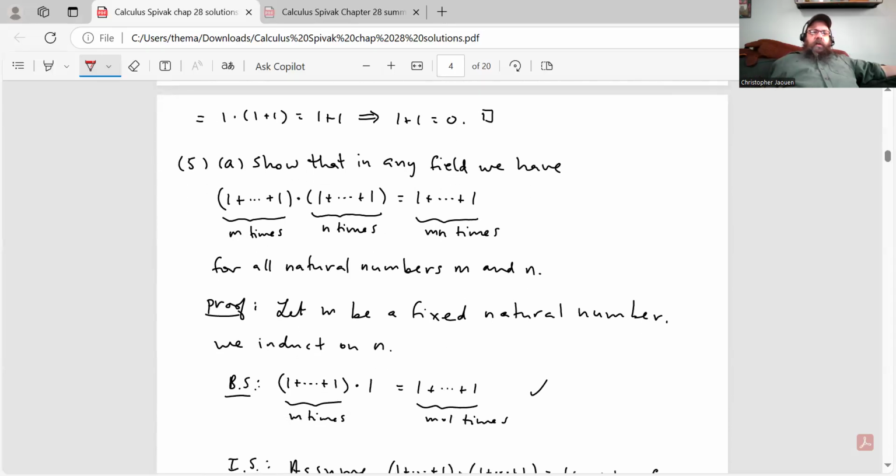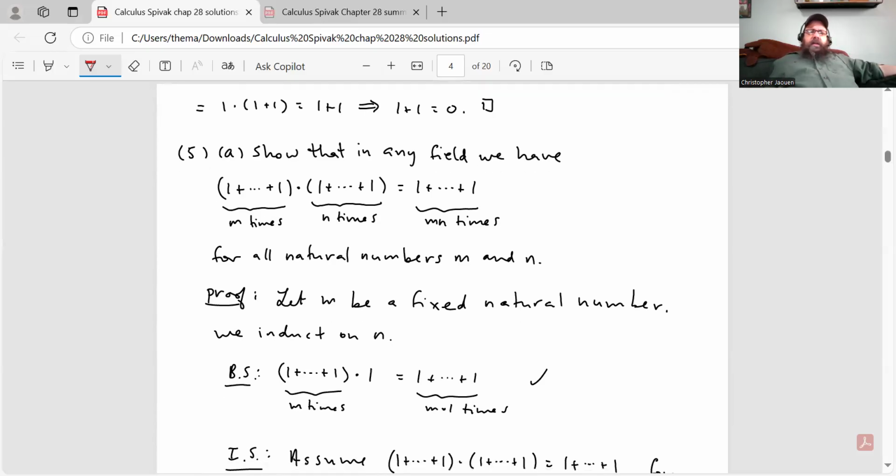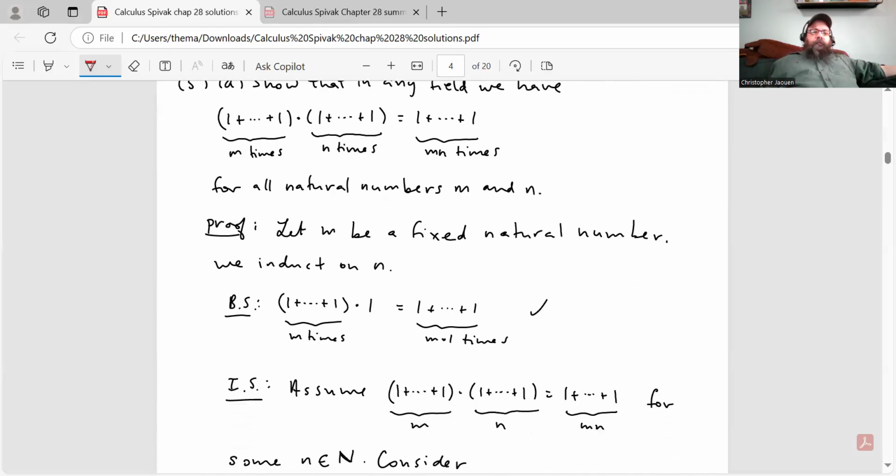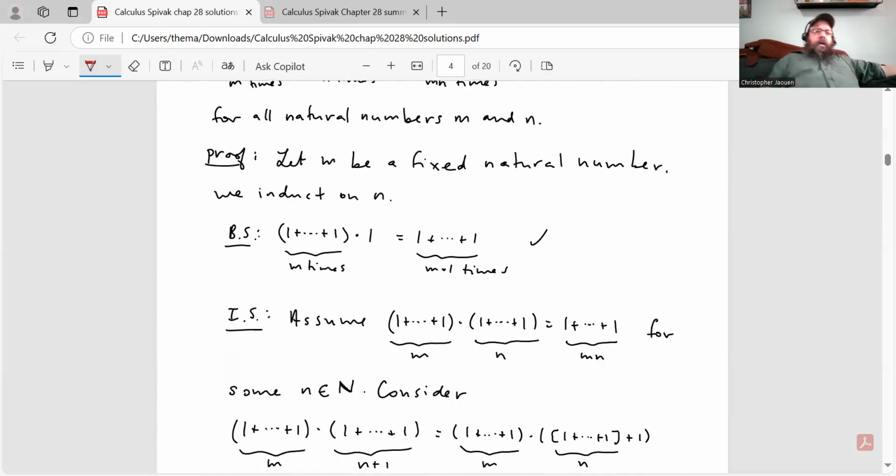Okay, question number 5. I think there are two parts to this one as well. Part A says, show that in any field we have the sum of 1 with itself m times, times the sum of 1 with itself n times, is equal to the sum of 1 with itself m times n times, for all natural numbers m and n. Okay, I did this